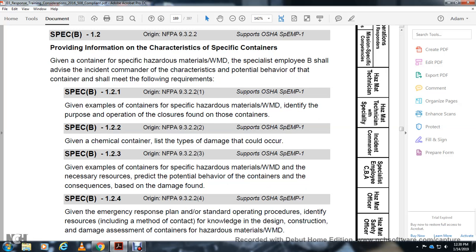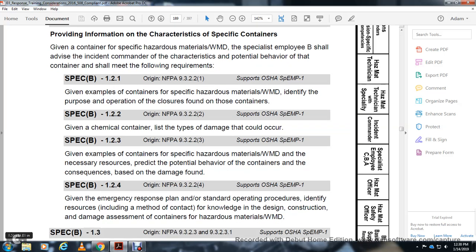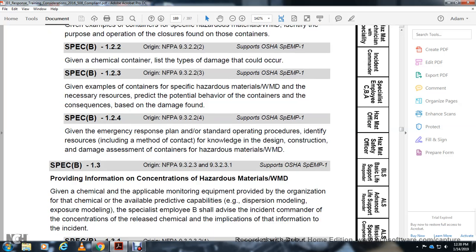Given the emergency response plan and standard operating procedure, identify the resources, including the method of contact, with knowledge of the design, construction, and damage assessment of containment that has material of mass destruction. Provide information on the concentration of the material of mass destruction. Given the applicable monitoring equipment provided by the organization, and the chemical available, provide the capability of the dispersion modeling and exposure modeling, with Specialist Employee B providing the incident command with the concentration and